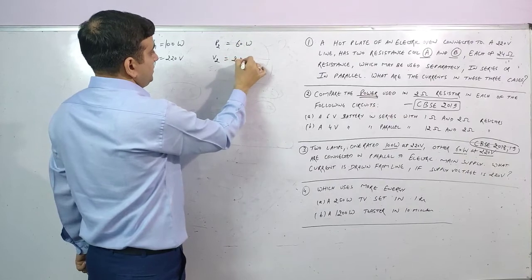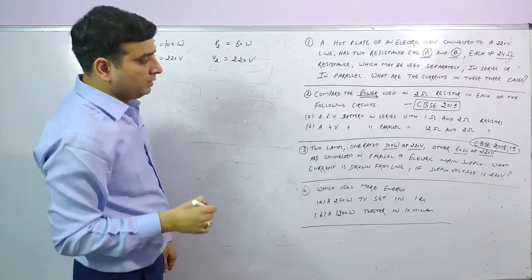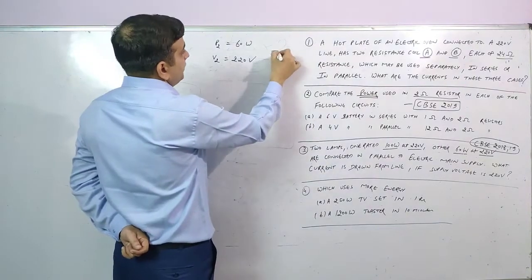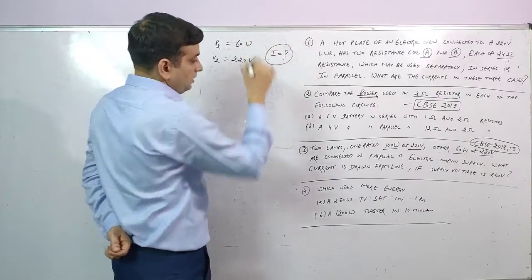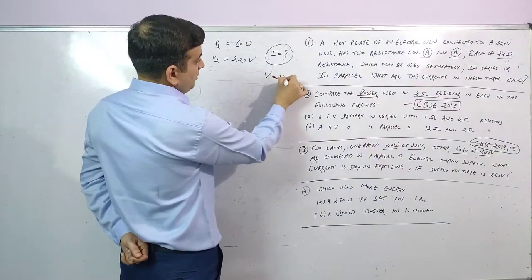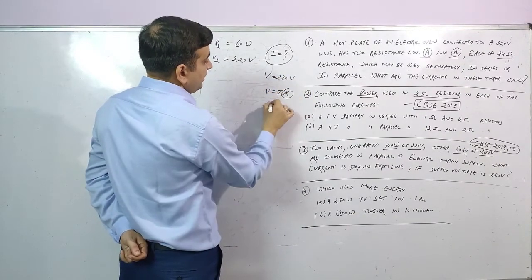The potential remains the same, 220 volt, and they are connected in parallel to the electric mains supply. What current is drawn? So we have to calculate the total current drawn from the line. The total potential given to us is 220 volt. So V is equal to IR. What is R? R is the